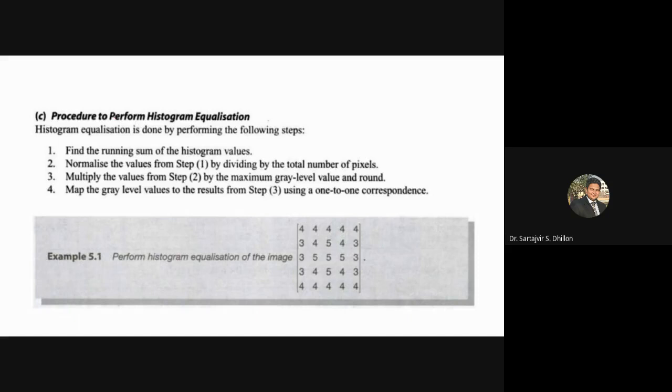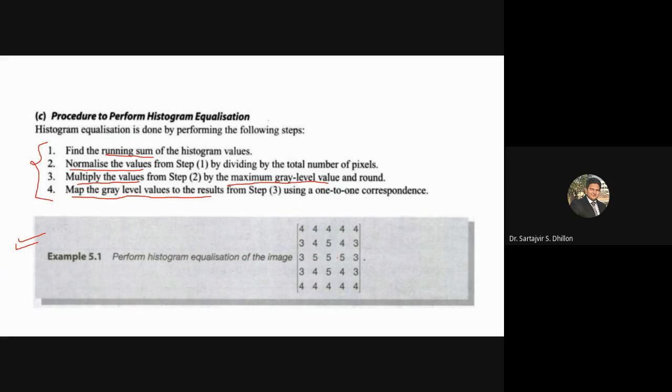This is a procedure to perform histogram equalization, and there are four steps involved. The first one is finding the running summation. The second one is normalizing the values. The third one is multiplying the values by the maximum gray level value, and then mapping the gray level values to the result. So in this, a question is given to you, and the question is to perform the histogram